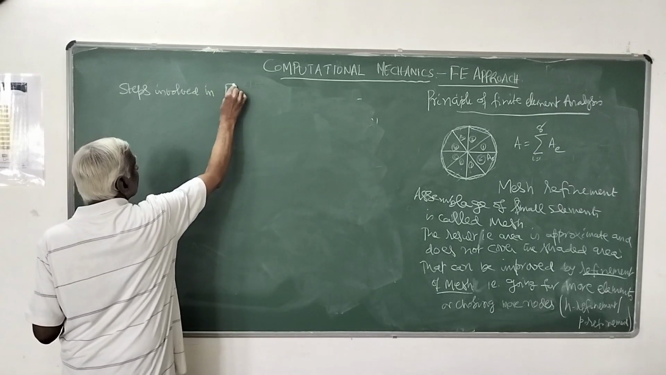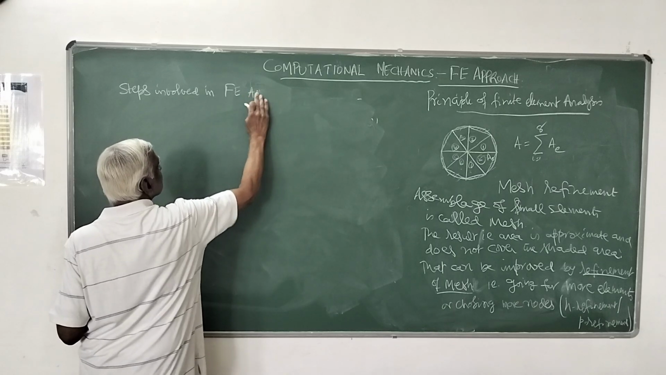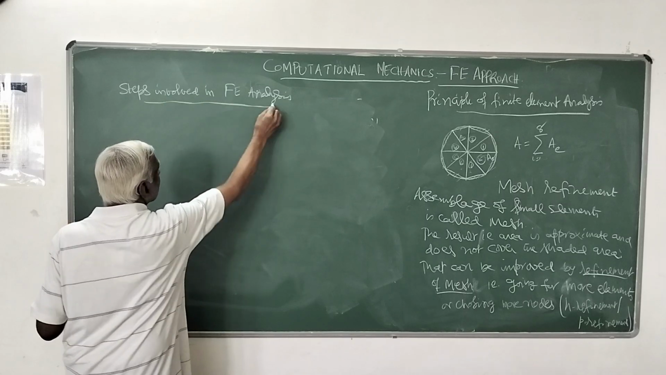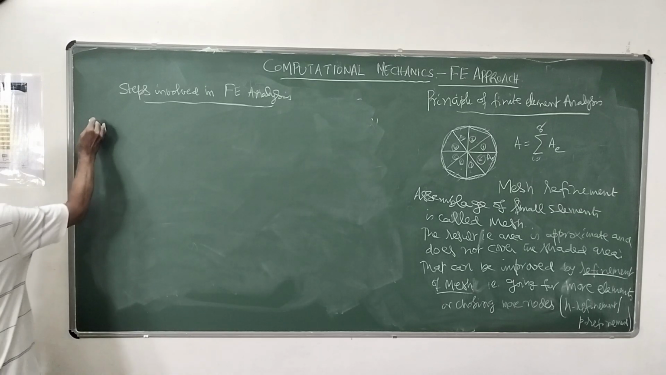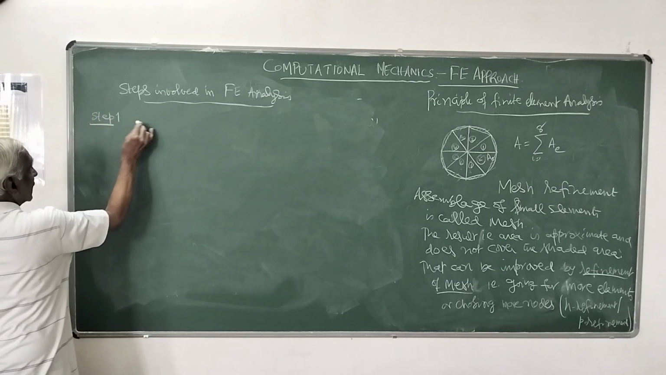In finite element analysis, various steps are involved. Actually, we have 7 steps, because in the classical approach also I told the 7 steps. There also we follow the same 7 steps, absolutely no change, with of course a different procedure. So first step, step 1, that is called